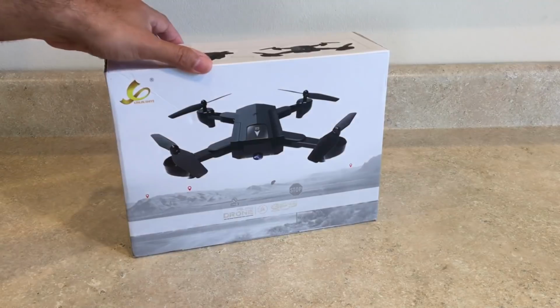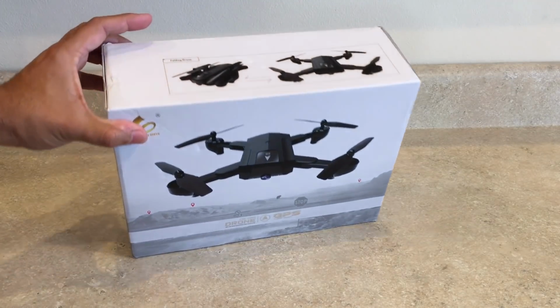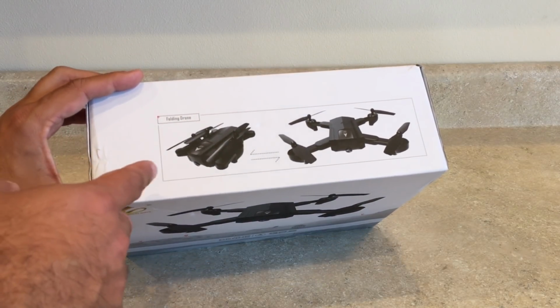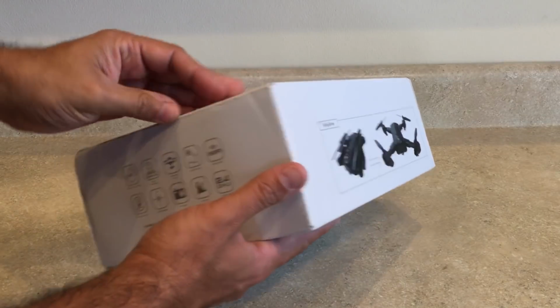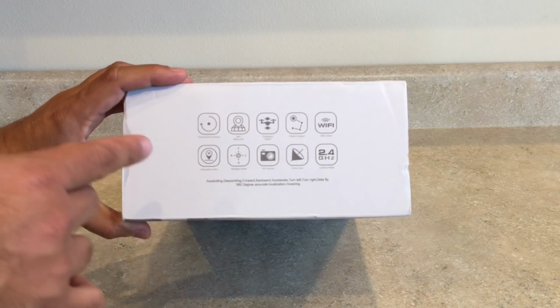And here in the back you get a different view of the quadcopter facing head on, and here at the top you could see it's a folding drone. So you could see it when it's folded and compact and when it's in its flying mode. So very neat. And here on the side you can see a listing of all its features, such as headless mode,